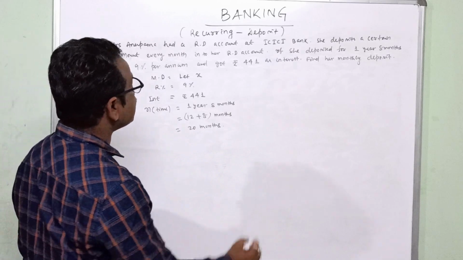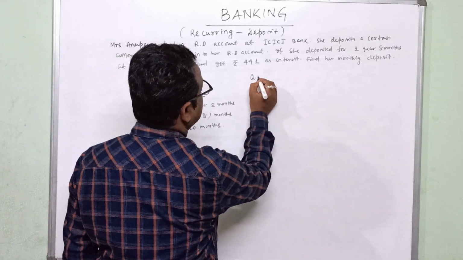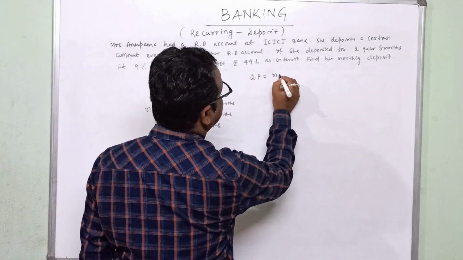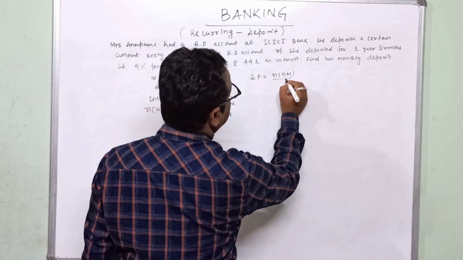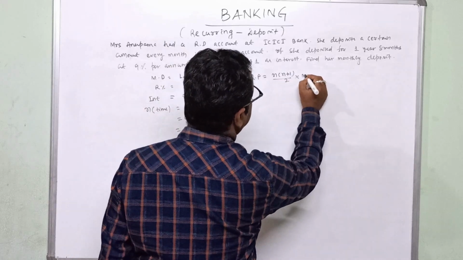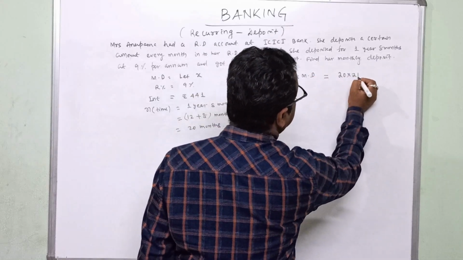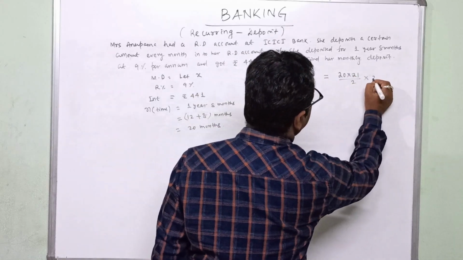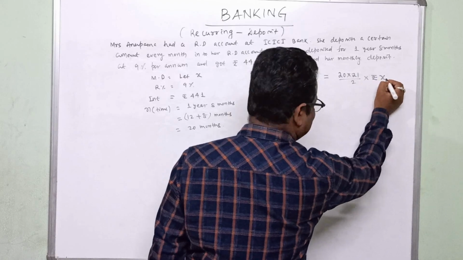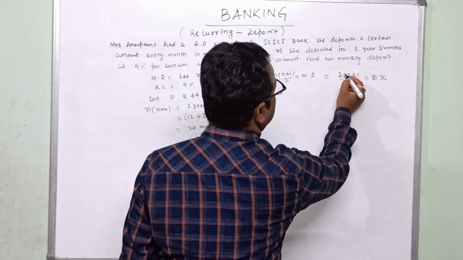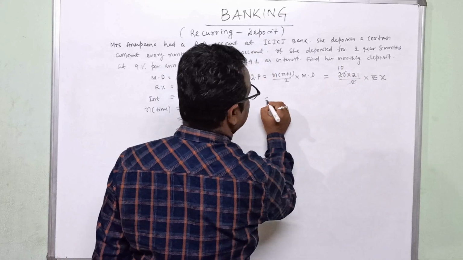Now QP is equal to n into n plus 1 by 2 into monthly deposit, that is equal to 20 into 21 by 2 into rupees X,